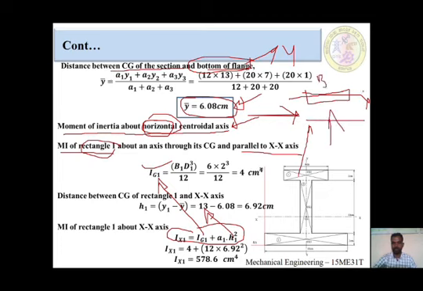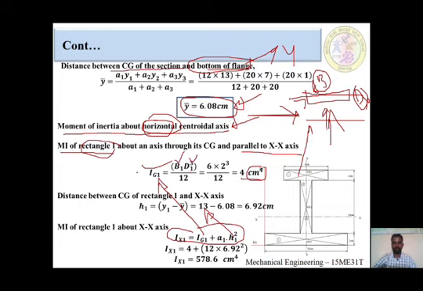Okay, this is B, this is D. How much is this one? This one is 6 centimeter. This part is 2 centimeter. I am going to see from this side. First we are going to see the B value, second the D value. For that reason, Ig1 is B1 D1 cube divided by 12. The B value is 6 into 2, D value is 2 cube divided by 12. After dividing in the calculator, we will get 4 centimeter raised to 4. The unit of moment of inertia is centimeter raised to 4.